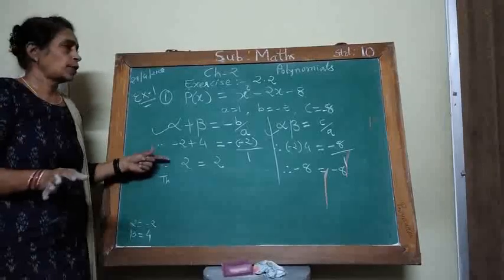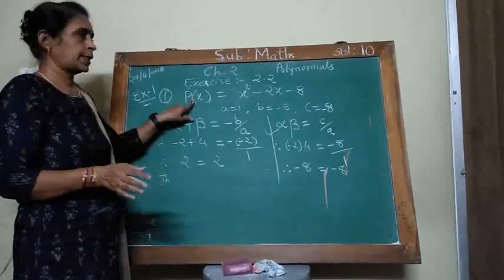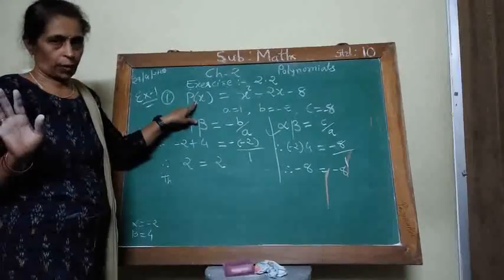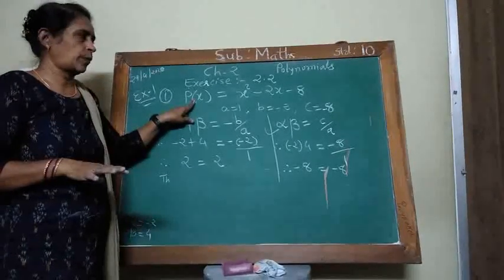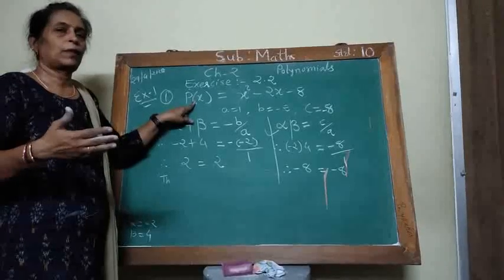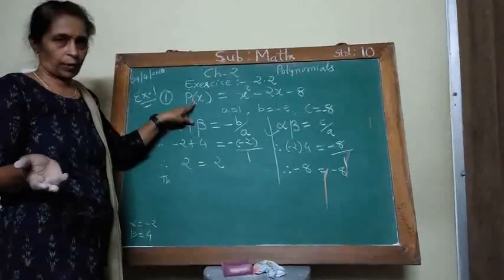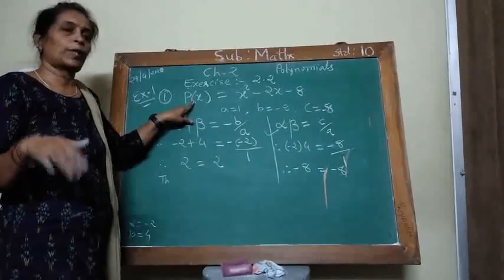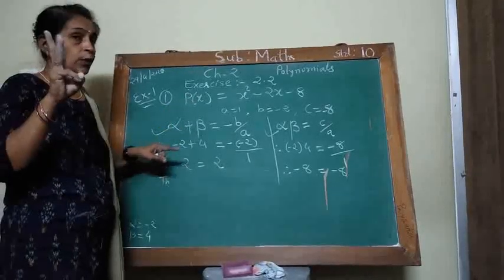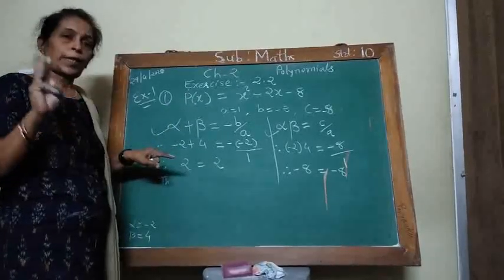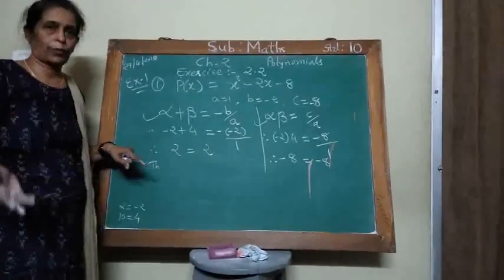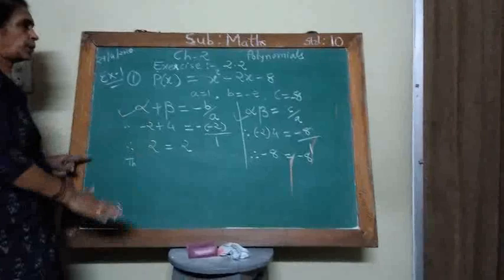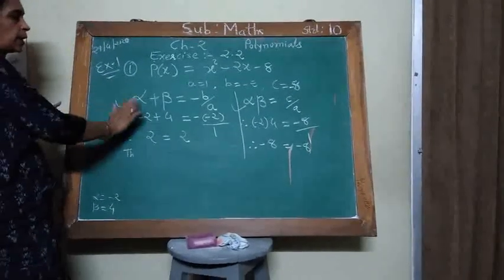And in exercise 2.2, all examples are about quadratic polynomial. So we only look at quadratic polynomials. After that, there may be cubic polynomials. And for a cubic polynomial there is another formula. There are 3 zeros, because the degree is 3: alpha, beta, gamma, and our formulas are also different. So now, you remember this formula.